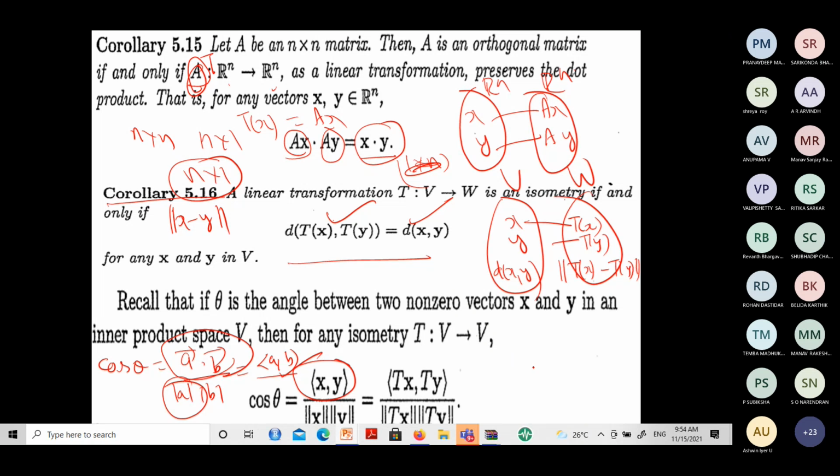Right? Very important. What they are saying is, see, V is a vector space, W is another vector space, or even you can call them inner product spaces, both. X and Y, T of X, T of Y. So whenever T is an isometry or an orthogonal transformation which takes x to T of x, y to T of y, in that case, the angle between x and y is the same as the angle between T of x and T of y. So I am adding one more thing now. It even preserves the angles between the two vectors whenever the linear transformation is an orthogonal transformation. Hope you understand.